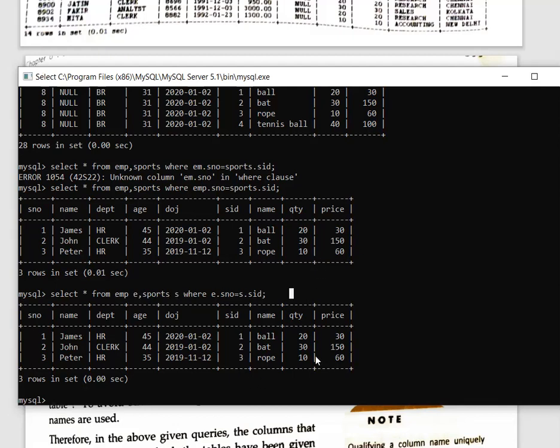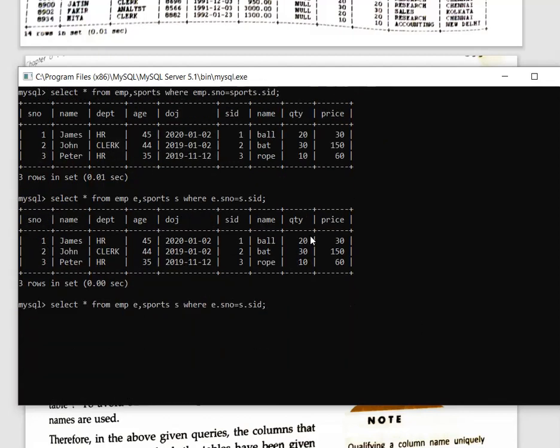Now, if you want to add more conditions, for example, we know that a total of 3 values are coming, but suppose now my requirement is that the department must be HR. Now what should I do? See how you will get the question in the paper. You have to combine two tables on the basis of some particular condition. The very first condition is, whenever we say corresponding information, we are going to write this line. Otherwise, it will be a Cartesian product. Now my question is, and department must be HR. So what am I going to write? Any one of you?